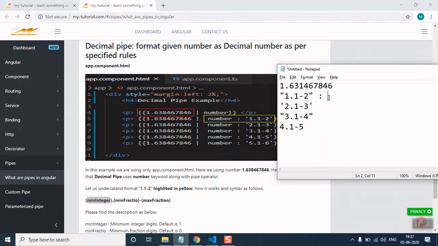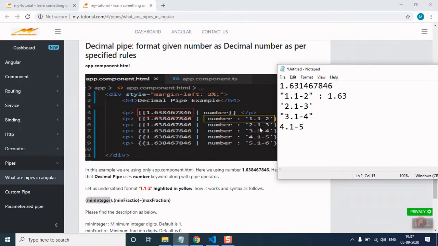1.1-2. So what will it do? This is saying the minimum integer should be 1. So it will take 1 from here, and we already have 1. Then for the decimal, I am saying minimum decimal 1 and the maximum should be 2. So we already have more than 2, so it will take 6.3.